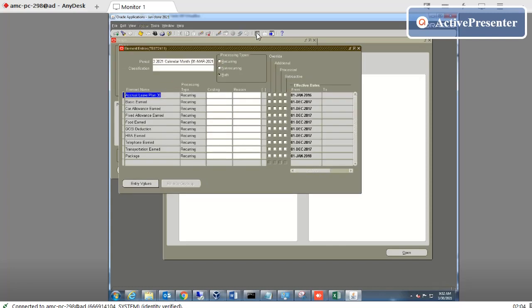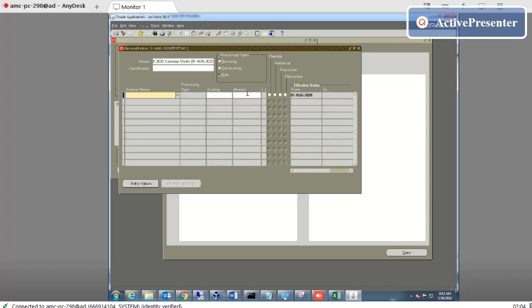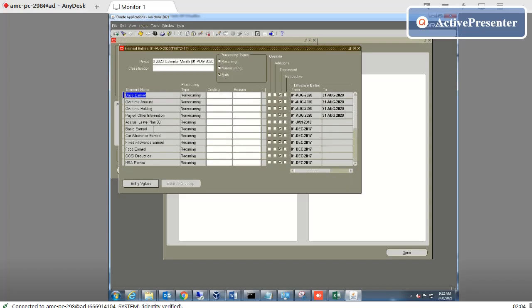Element. So if I go to 1st of August 2020 and click here, you will see the days in the payroll information. Another thing is if there is overtime, for holding purposes.